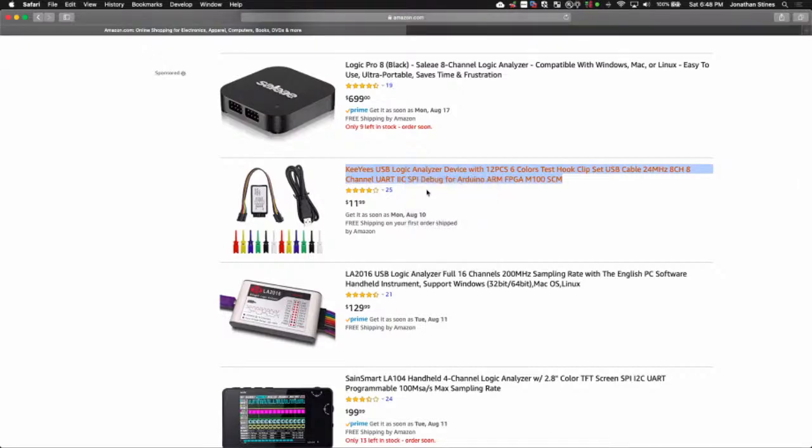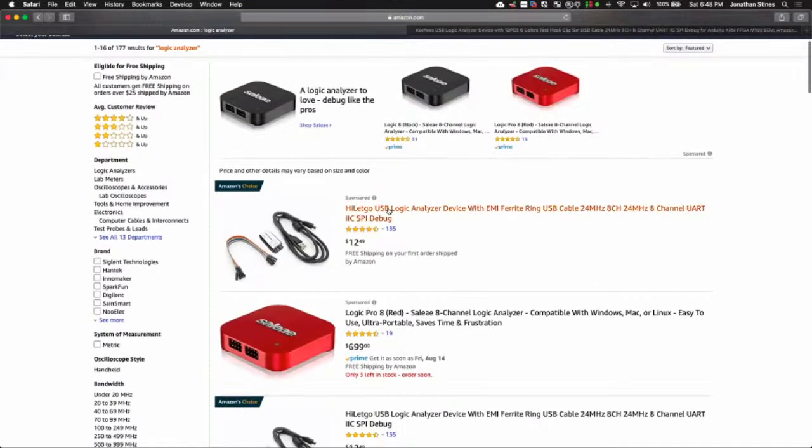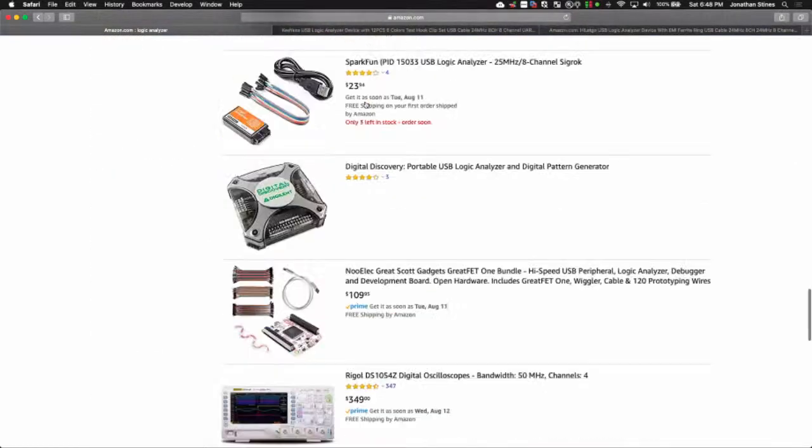If you go up to the top, I think the first one in the list was one of them we purchased right there. That's one of them. That's the Hi-Letgo USB one. So